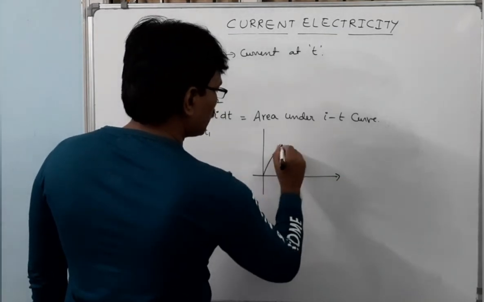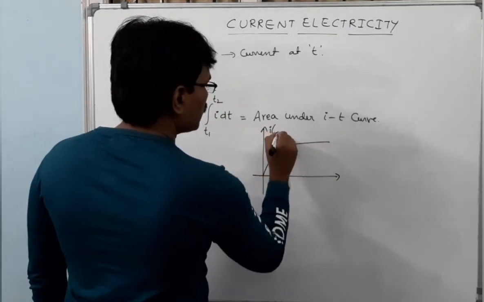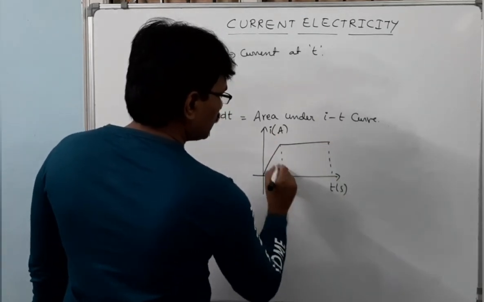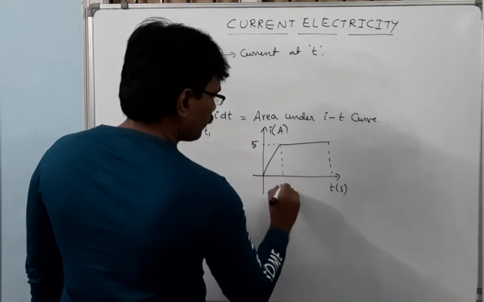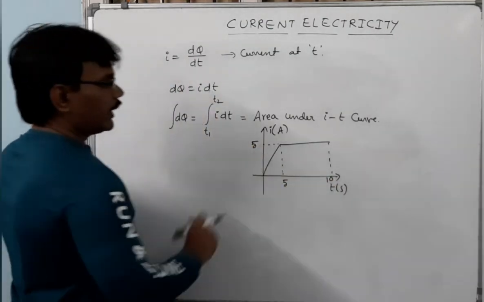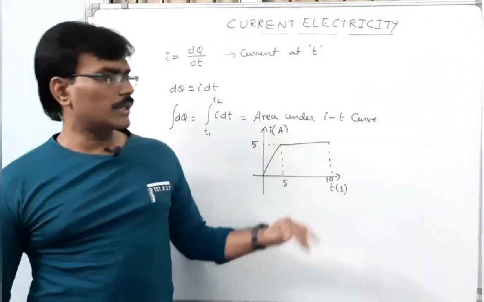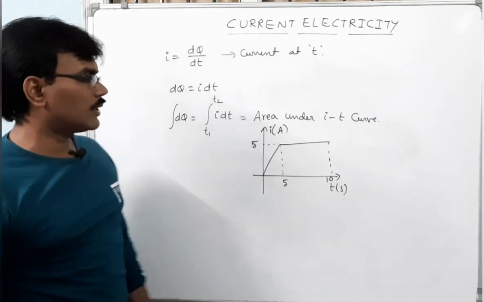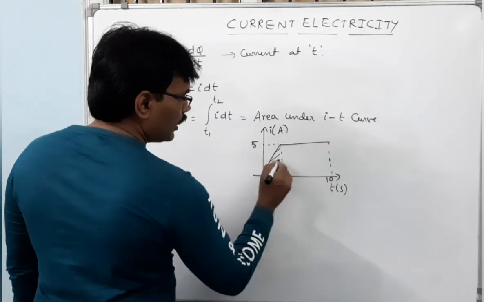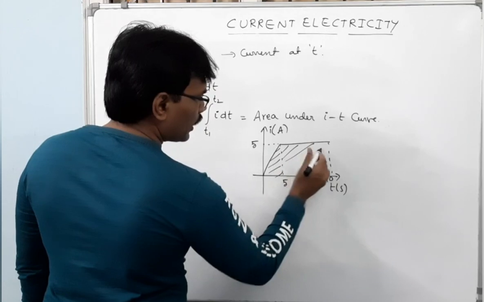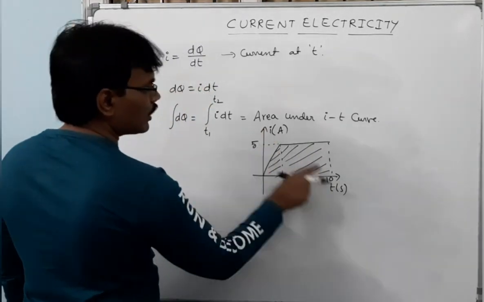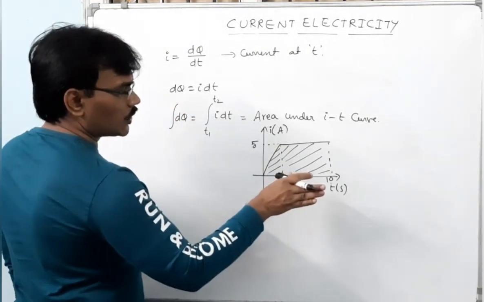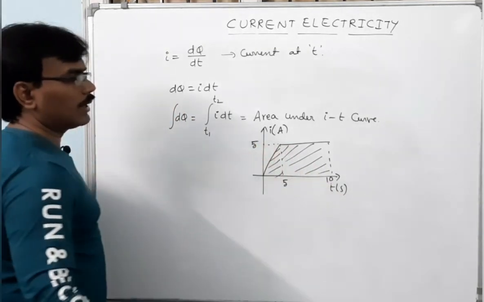So for example, the current versus time graph is given like this, with current in amperes and time in seconds. For example, over 10 seconds of time, the current versus time graph is given like this. Now find out the charge flowing through the given cross section over a time of 10 seconds. So how to find out the total charge flowing over 10 seconds here? That is given simply by the area under this curve, this area plus this rectangular area. So the total area under the current versus time graph and time axis is equal to the total charge flowing through the given cross section in a conductor over a time of 10 seconds, right?